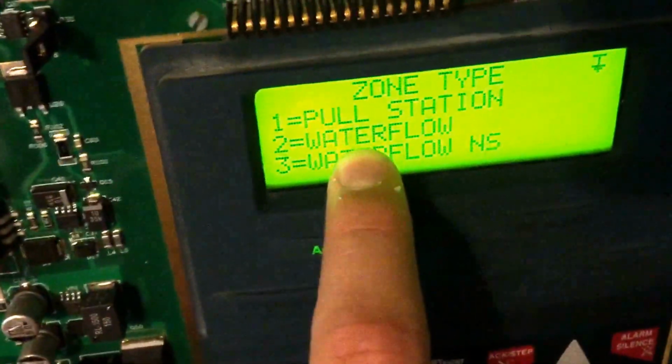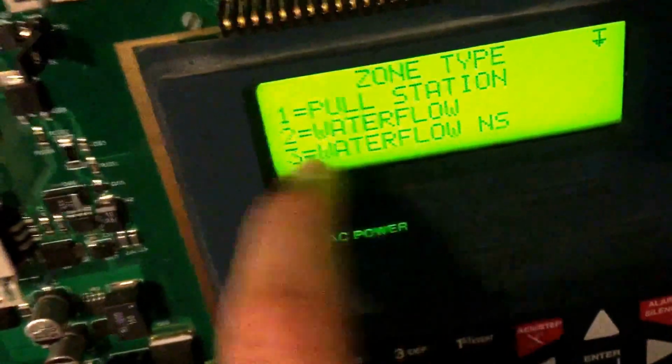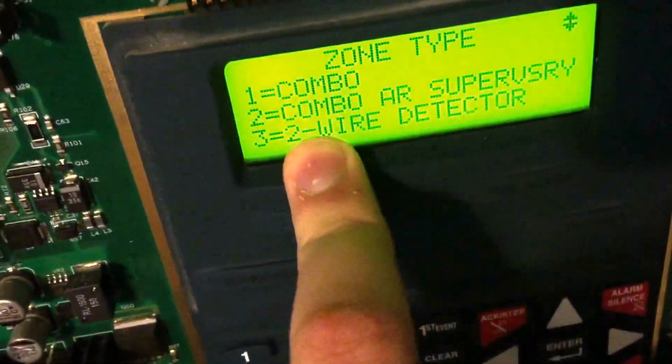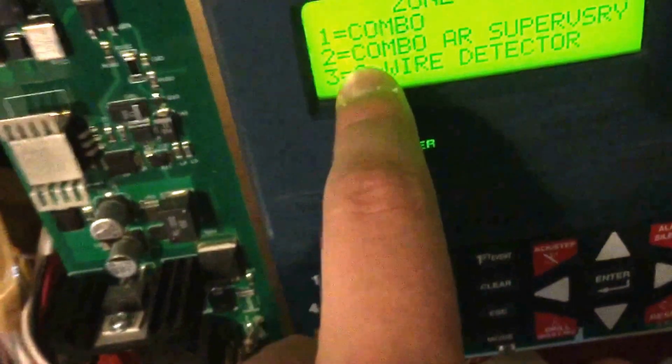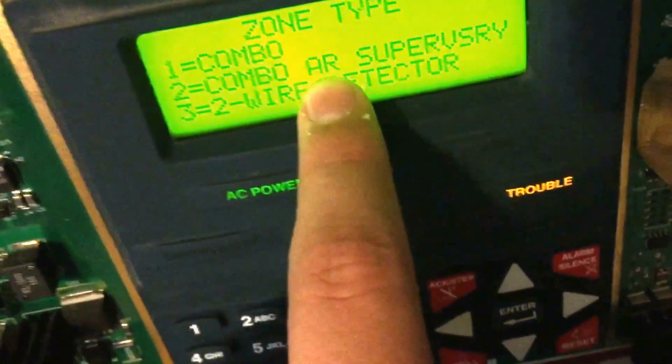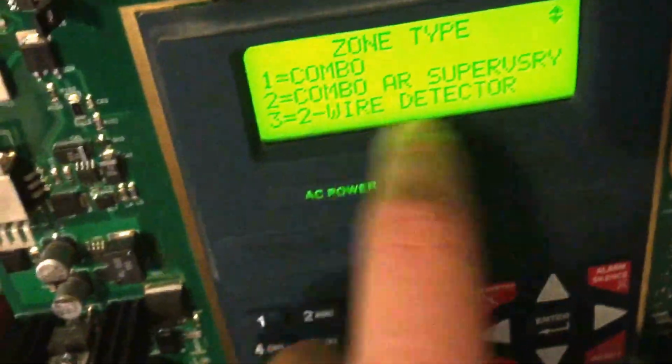So the first page of options after the home screen says input zone 1. So you have the option to disable the zone. You can change the type. Now you can change it to be a pull station, a water flow, which is the same thing as in a fire alarm, water flow non-supervisory, a combo unit, which is water flow and alarm, combo auto reset, which means auto resettable, AR means auto reset, supervisory, 2-wire detector,